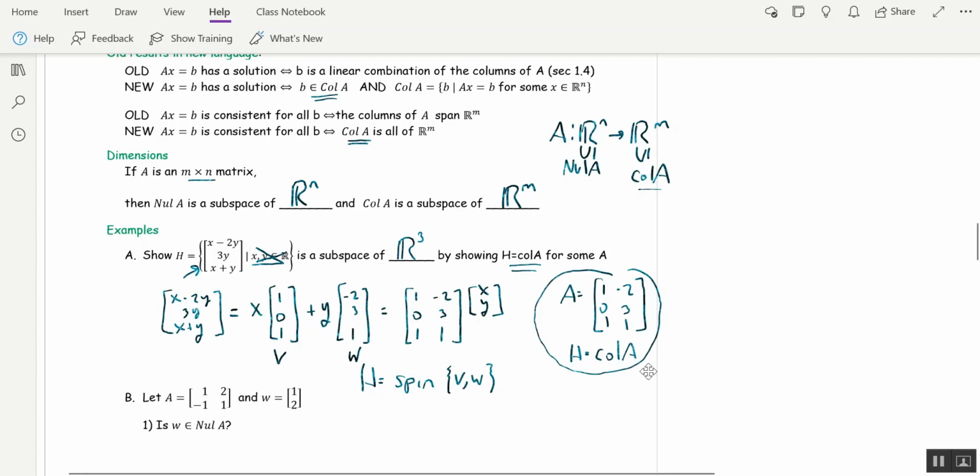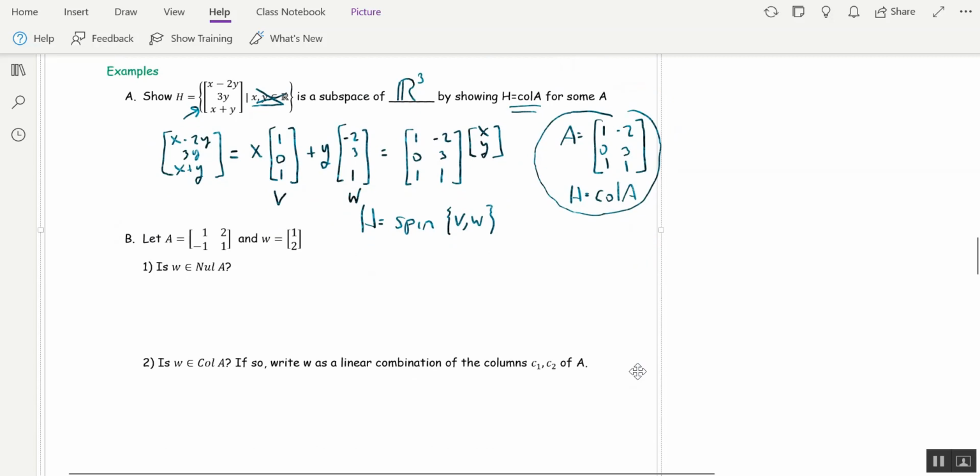Okay, let's do a comparison between null A and col A. So I've got a 2 by 2 matrix and a vector. Is W in null A? That's asking, i.e., is AW equal to 0? Does W get crushed? All right, so that's an easy